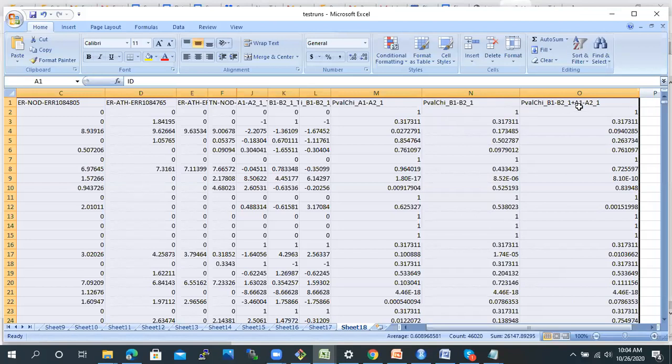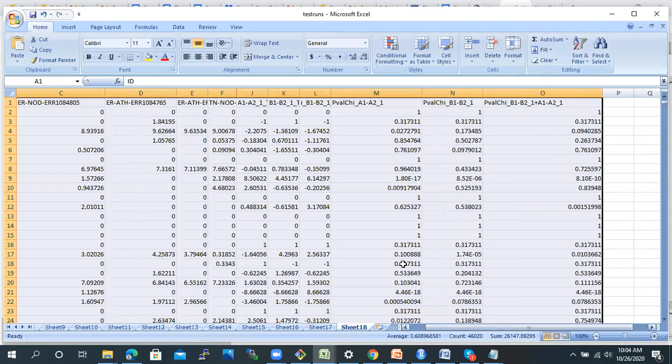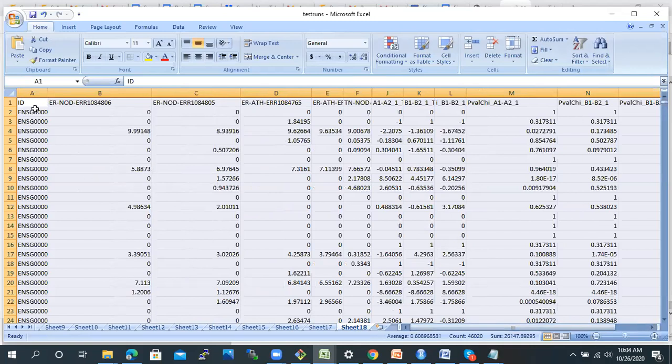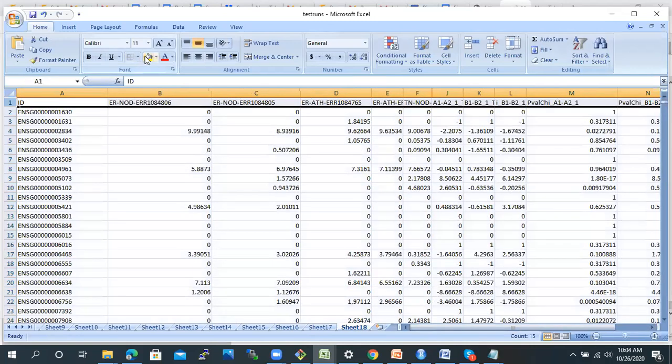Then we have this p value where we are considering B1, B2 and A1, A2. It indicates whether you are talking about thymic conditions or about the mice. Based on all these p values, we can select which genes are important for the particular disease condition or particular factor regression condition.